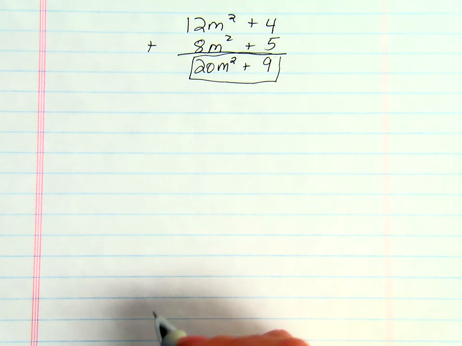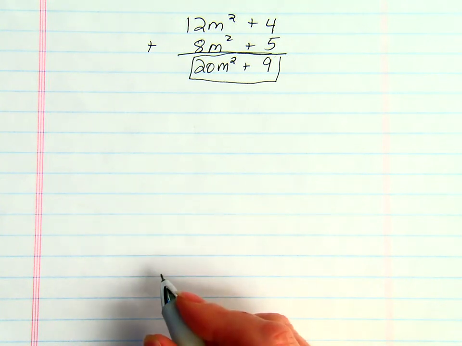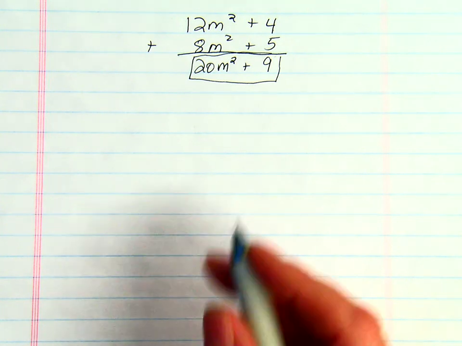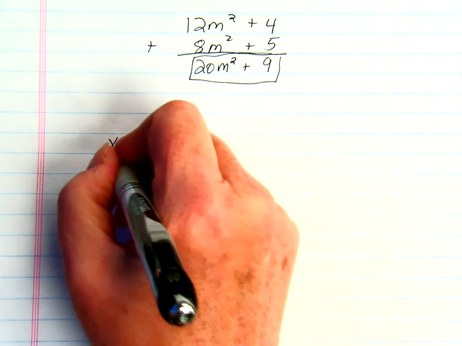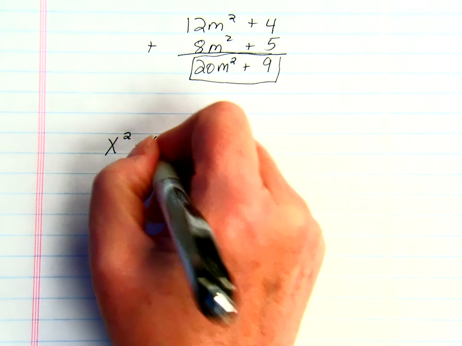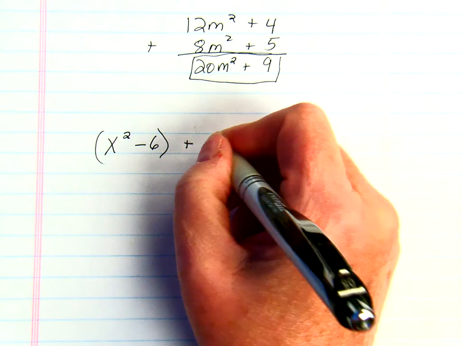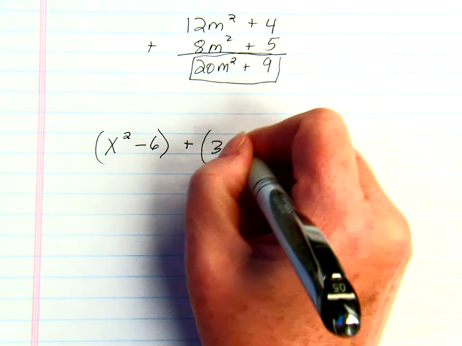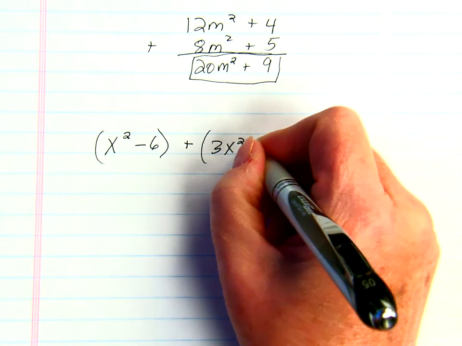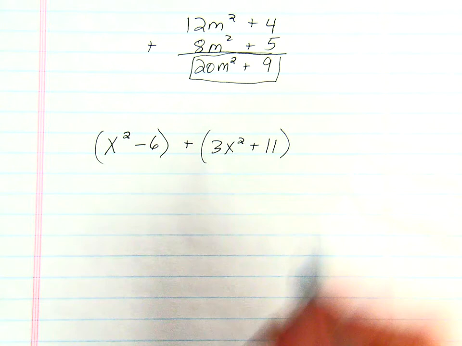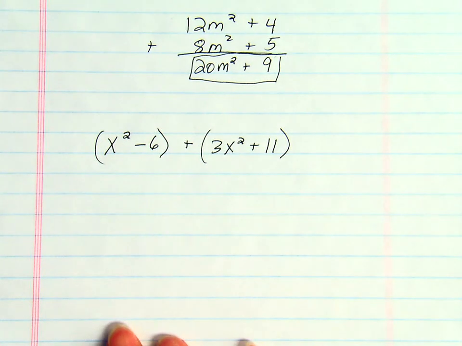They're not always that simple, but we'll keep looking at a couple more. Let's do x squared minus 6 plus 3x squared plus 11. Once again, stacking them the way we did before, x